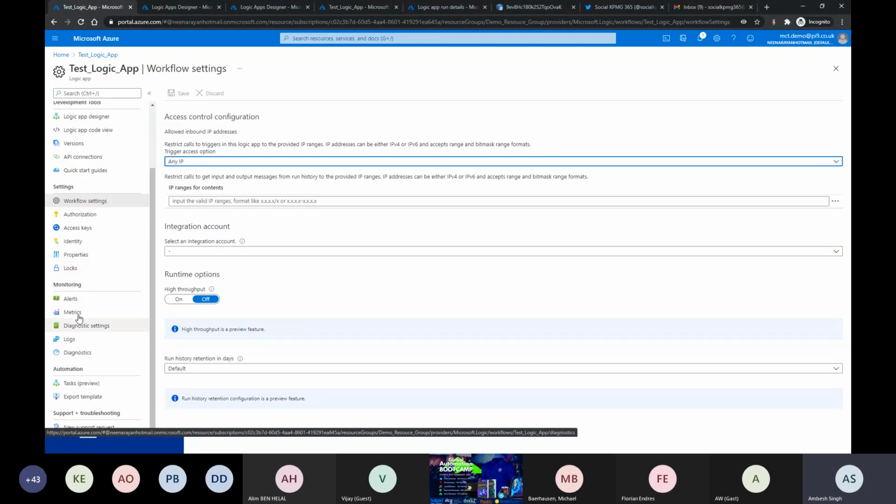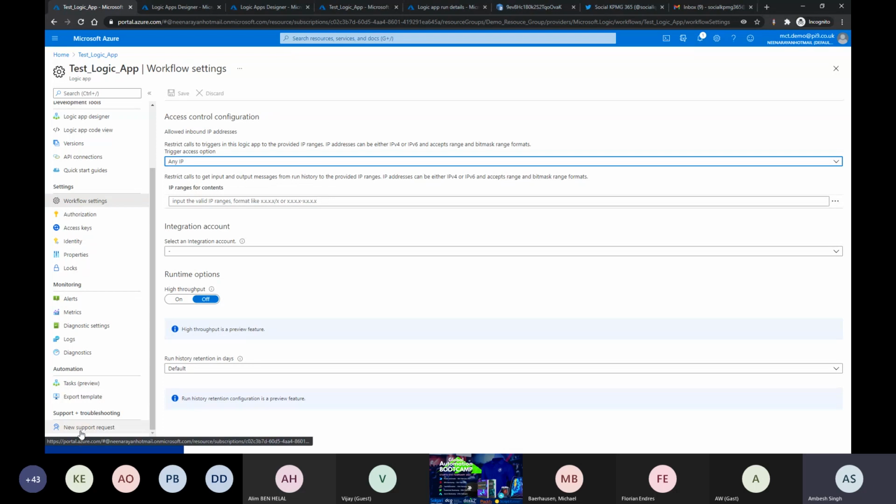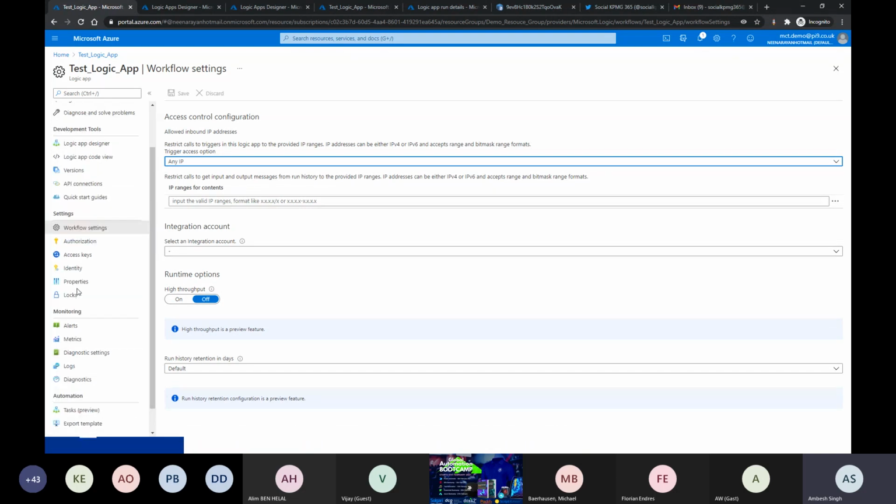There are a few things in the monitoring section, and this is really important if you want to go with some application insights functionality; you can enable it from there. Automation: the tasks preview is the new one in the family. Initially it was not there, and it is still in a preview stage, so I'm not going to speak much about that one. And export template is the same as what you saw on the top. Definitely at the last, you can raise a support ticket if you think that something is not working as expected, or it's not providing the expected behavior. You can raise that support ticket from there, and